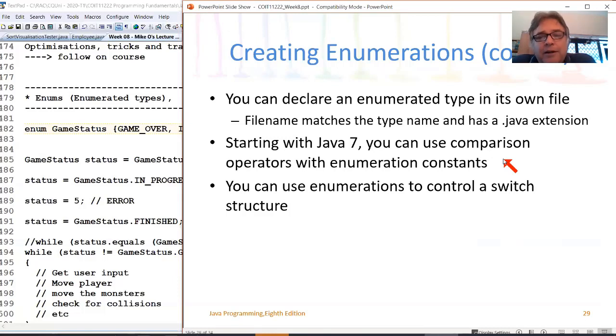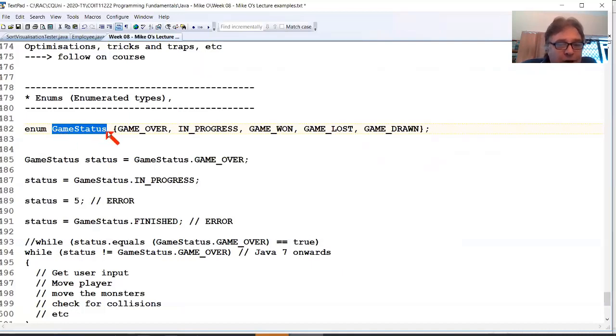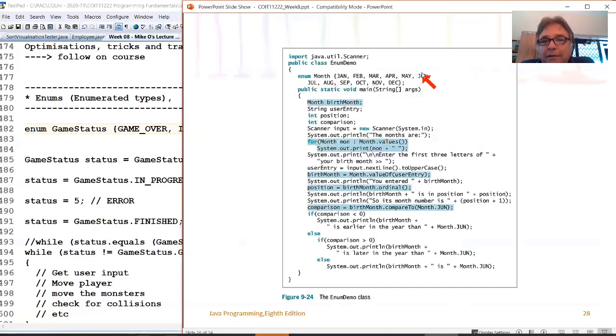You can also declare an enumerator type in its own file, and the file name matches the type name. So it's got to be, for example, GameStatus with exactly that same case, .java. You can do that if you want to. Or else you can just put it in amongst your code, for example, up here as part of your class, or you can declare it locally inside the method if you want to. So you can put enums anywhere you like, or else you can put them in your own file, in this case Month.java. Move that into its own file called Month.java, put it in the same folder as the current project, and Java will find it and compile it when you compile and